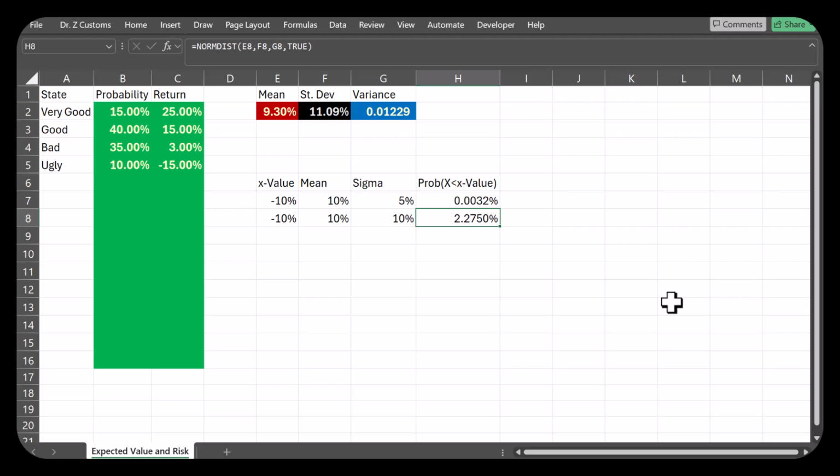That's why we think of sigma as a measure of risk. If this was 20%,